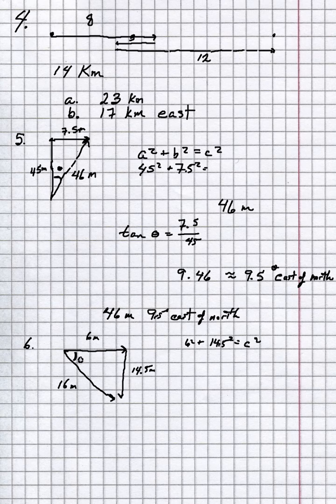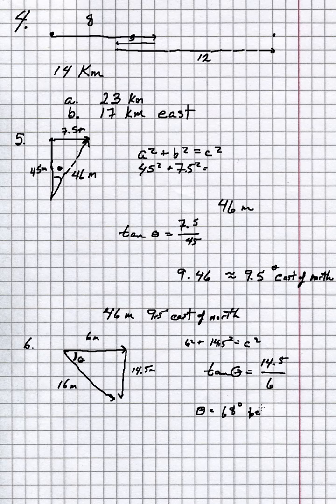Okay, let's find this angle theta here. My opposite, let's do tangent again. My opposite is the 14.5. My adjacent is 6. Okay, then I take the arctangent of that. 67.5. So my angle is going to be 68 degrees